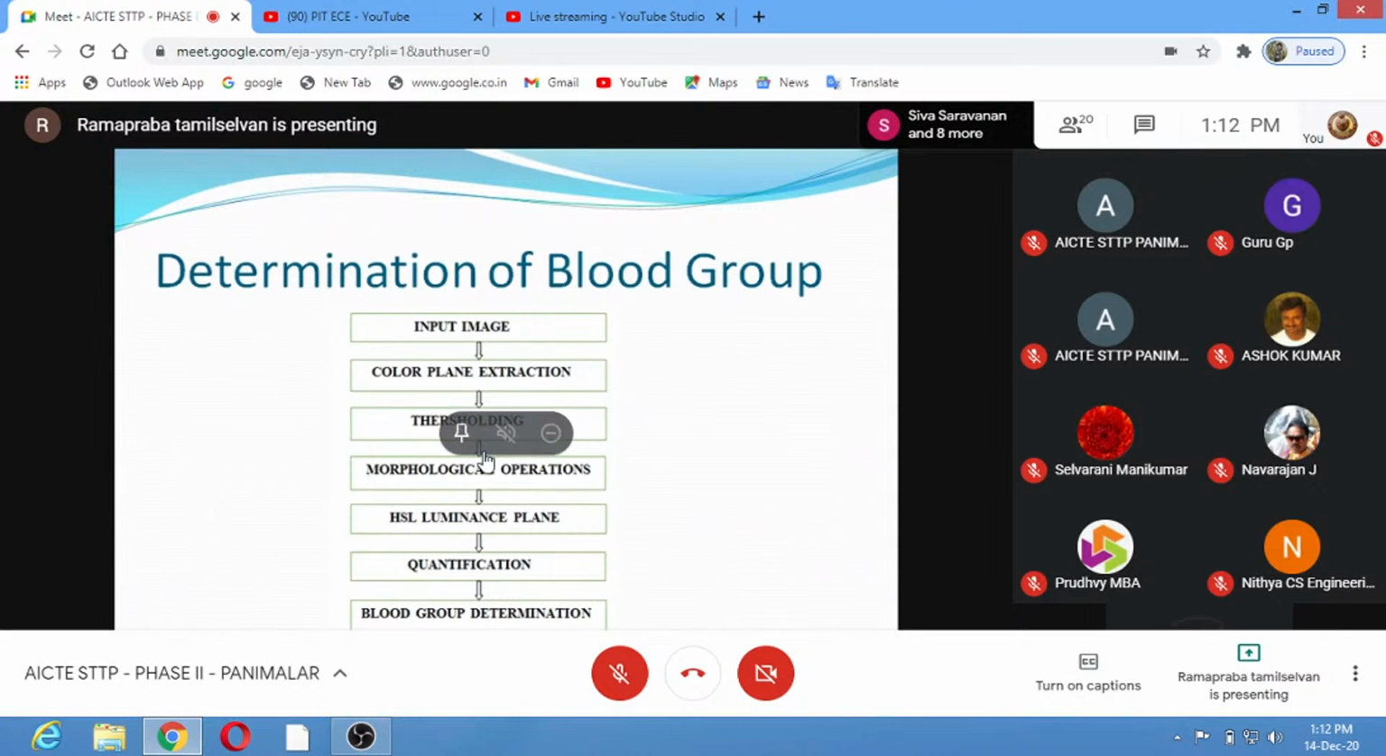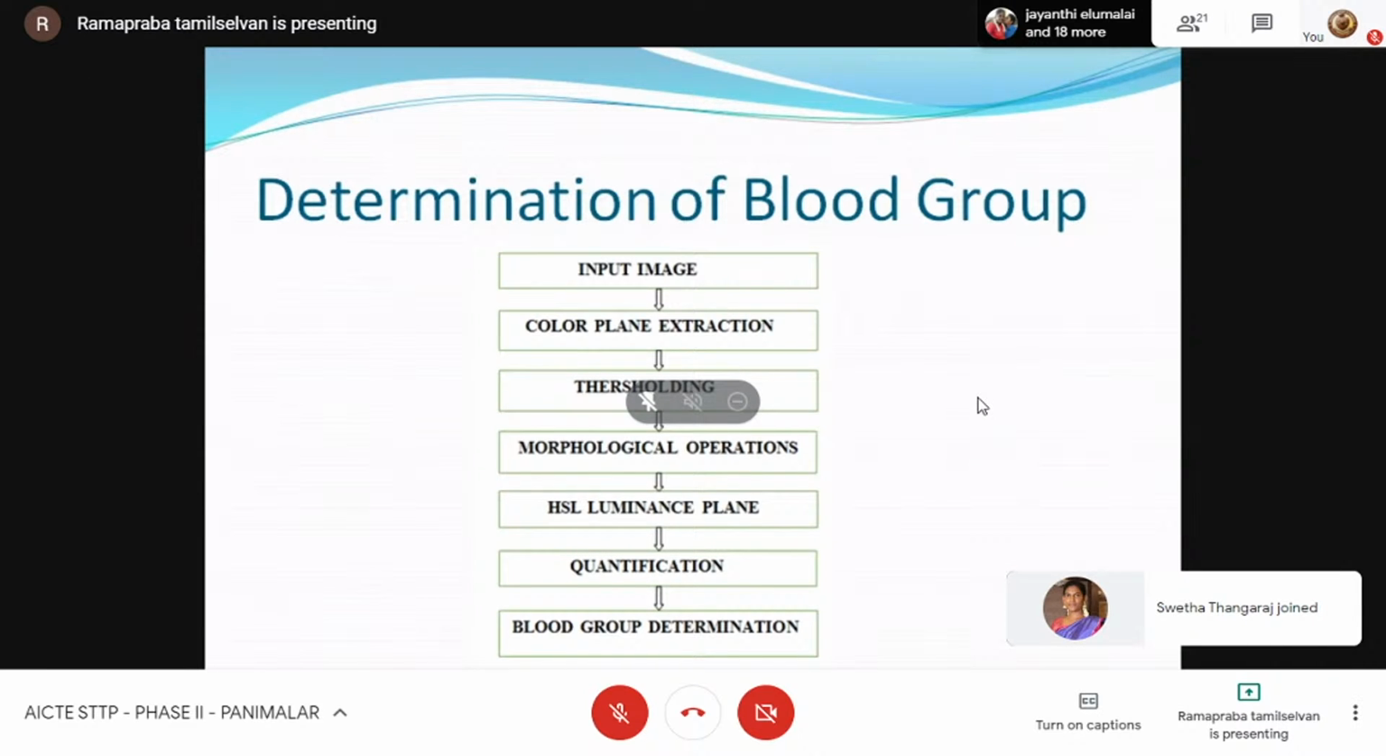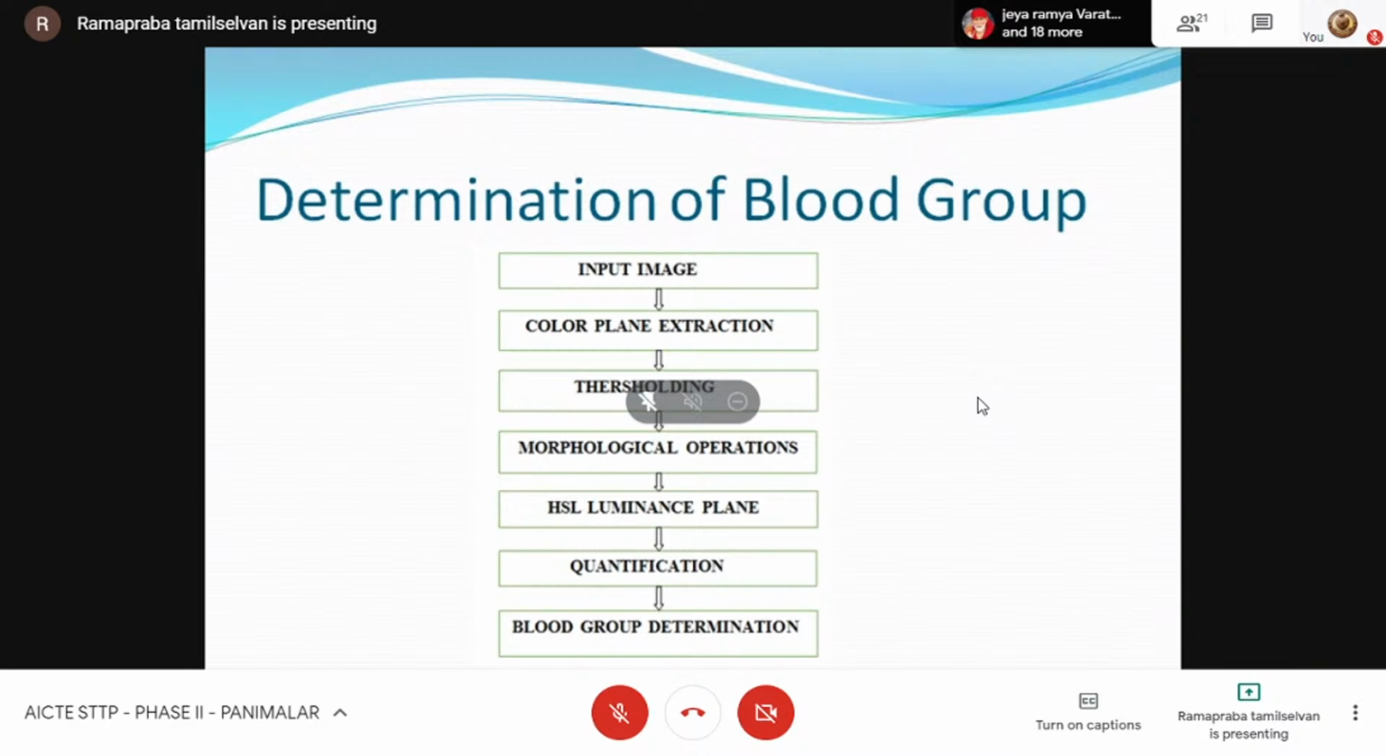Here, as usual, I told you initially the main thing is acquisition of the image. What image are they going to capture in a blood? So even for this determination of the blood group, they are taking the blood. That blood we have to take as images, and those blood sample images we have to make